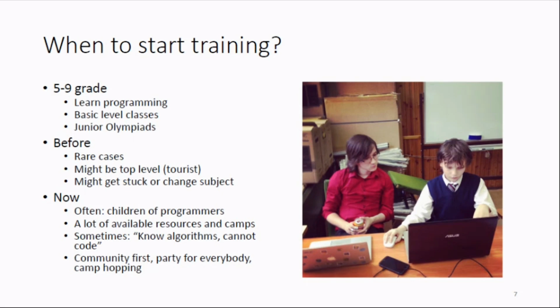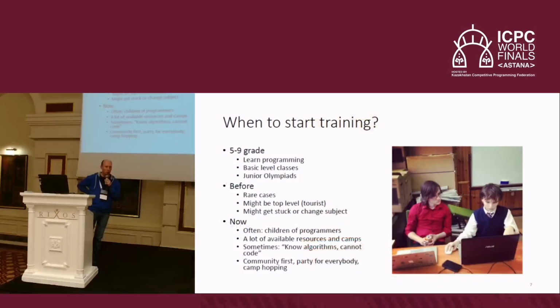The other thing is that when they start early, they have a lot of time to know each other. So sometimes there is something we call camp hopping, when some student visits 2 or 3 or 4 summer camps, for example. I'm talking about high school students now. And that is the good part for the community. Building a community is always good, but sometimes he or she can take the place of somebody who did not start early, but who would not get experience, who doesn't have enough experience to get to this point.